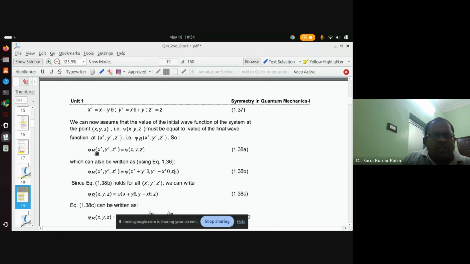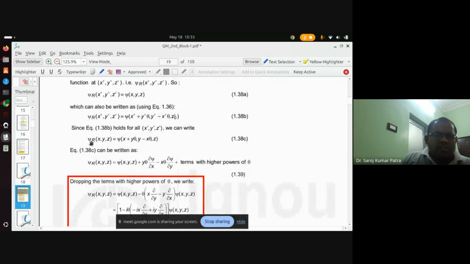We are trying to write psi r of x prime, y prime, z prime in terms of x prime, y prime, z prime, and later we get rid of the dummy prime and write it in terms of x, y, z. So psi r of x, y, z becomes equal to psi of x plus y theta, y minus x theta, and z. Now this is a function of three variables, but what happens